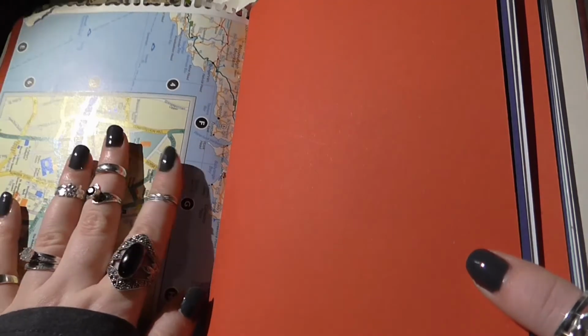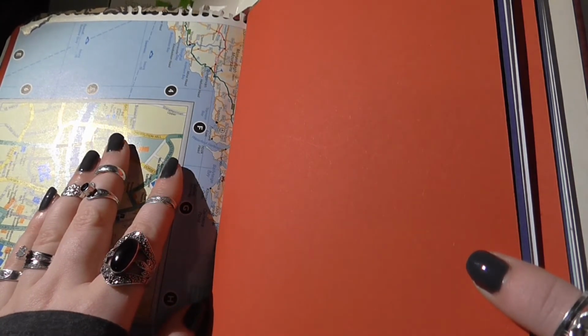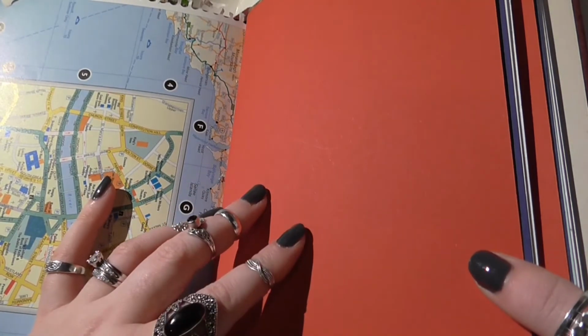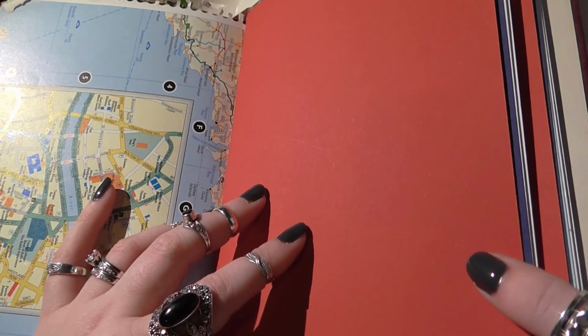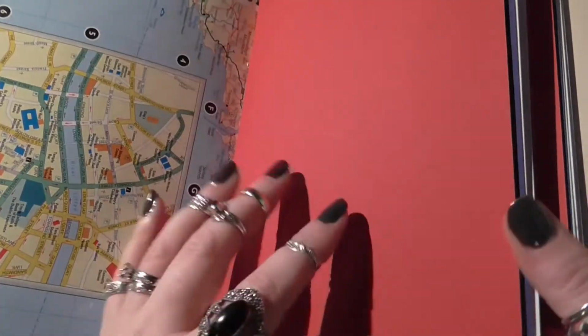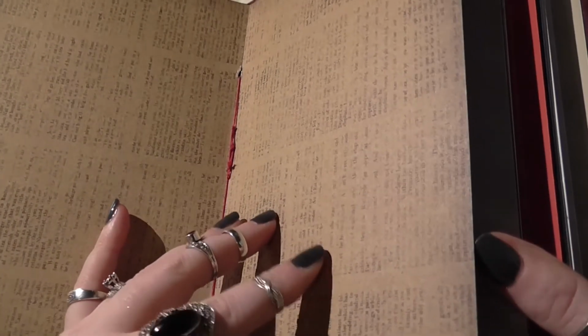I put those in, it sounds a bit silly, but my husband likes looking at maps. Although he doesn't really have anything to do with this, he looks through stuff that I've put in it, but it's not really something that interests him. But I like to put a map page in there because I know that he likes maps. You can also see that I've not put any washi tape or anything. There's no design work in here at all,